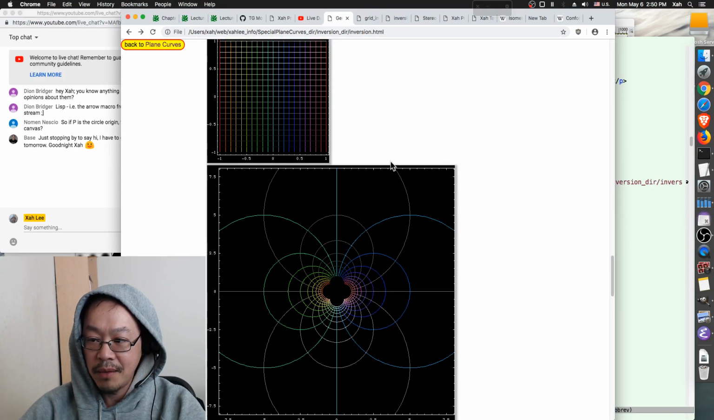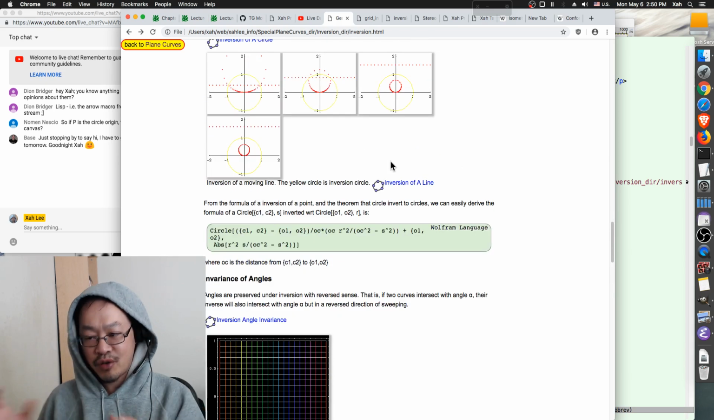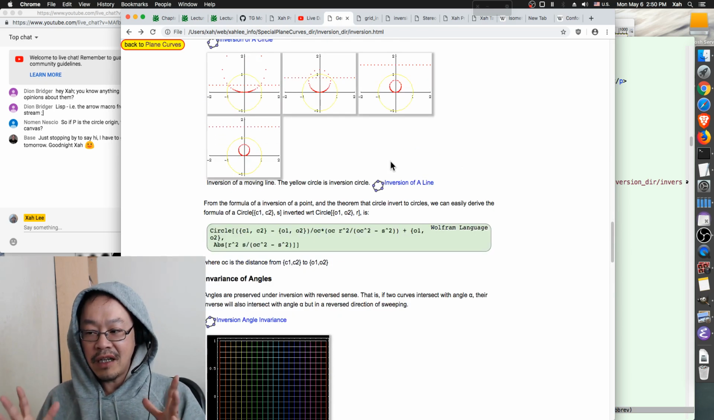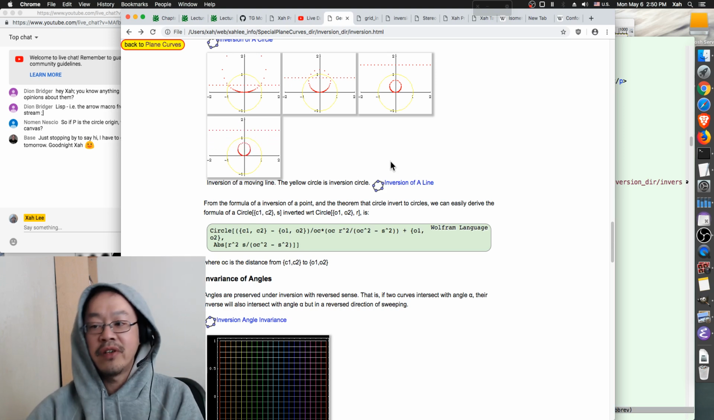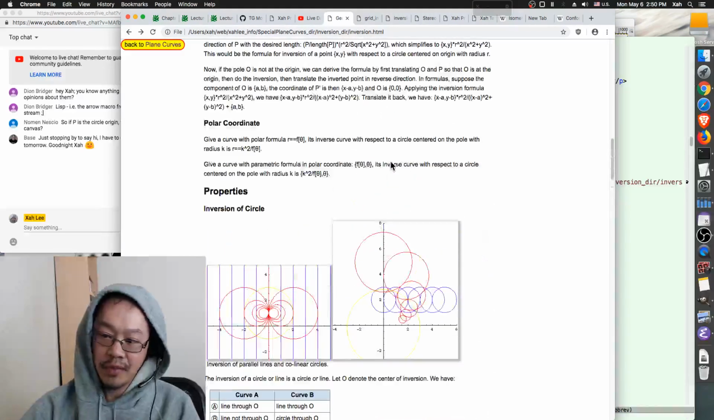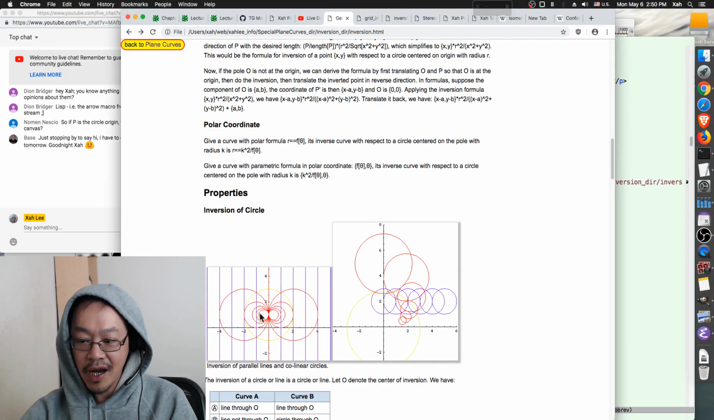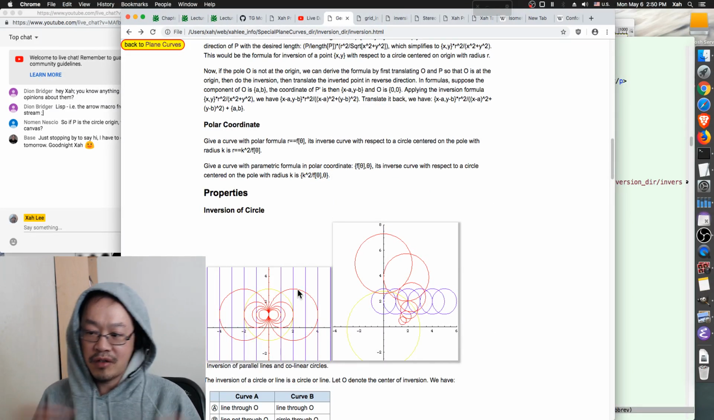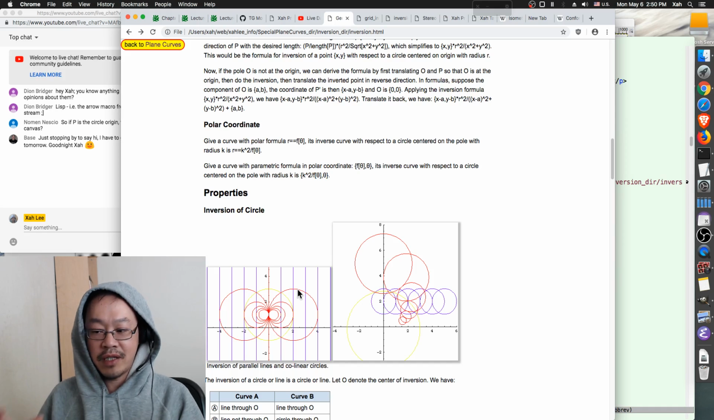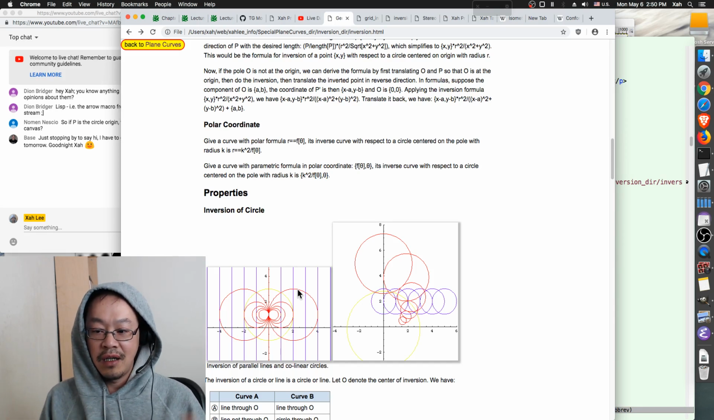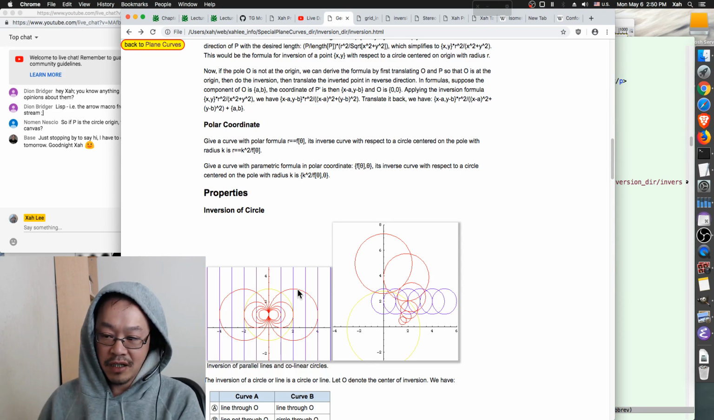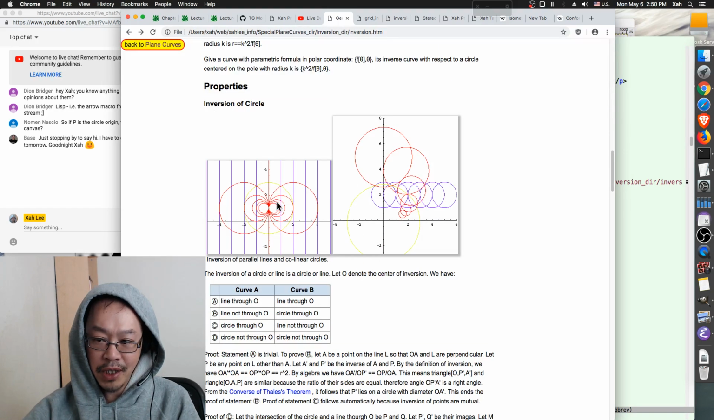So geometric inversion is a transformation, and it has a bunch of very interesting and important properties. For example, circles become circles, and lines become circles or lines. Circles also become circles or lines. So basically, circles and lines are preserved. They become either circles or lines. For example,